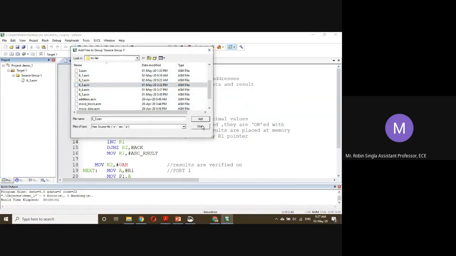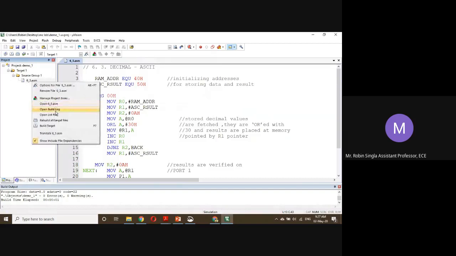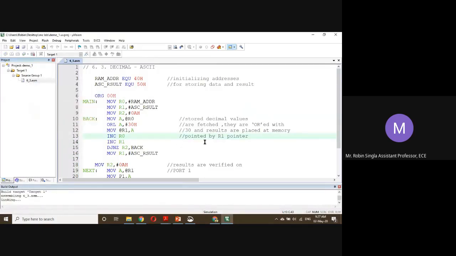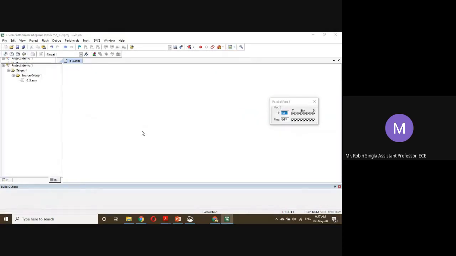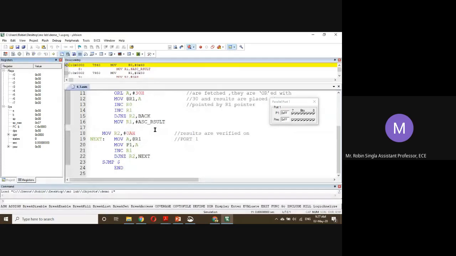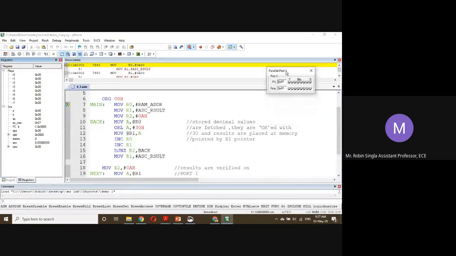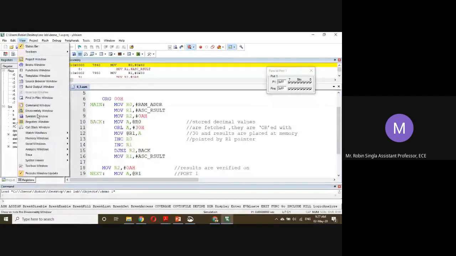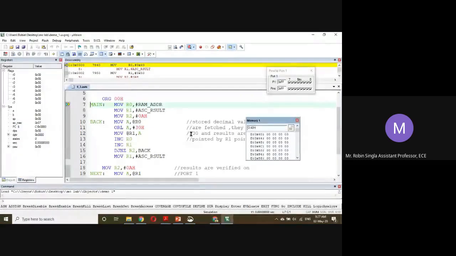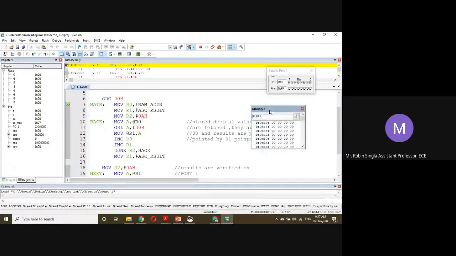6.3, target. We will use port 1 and memory. So I will open memory 1, starting from 40 to 4A.